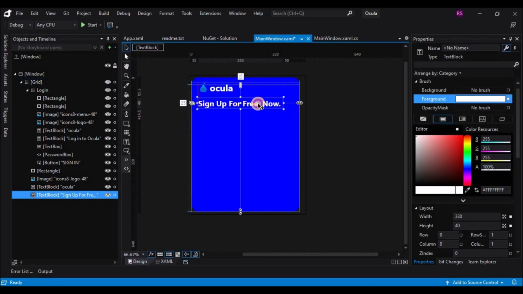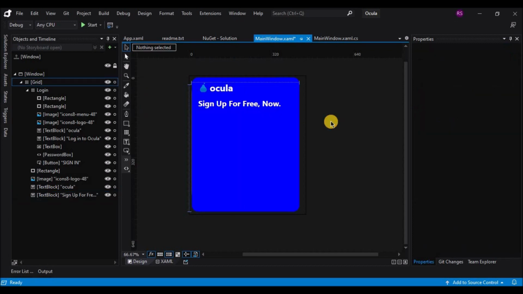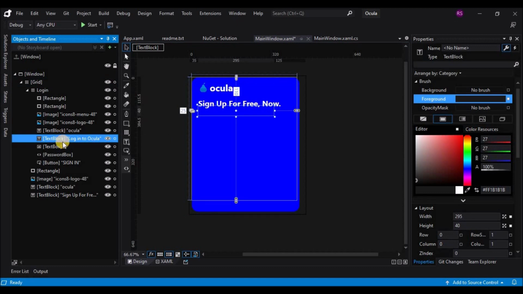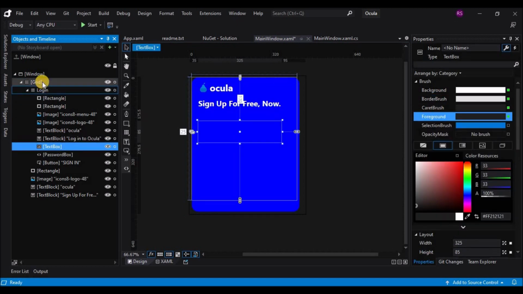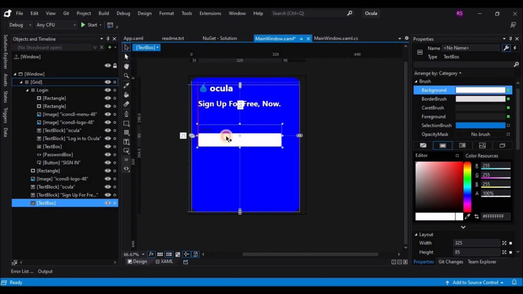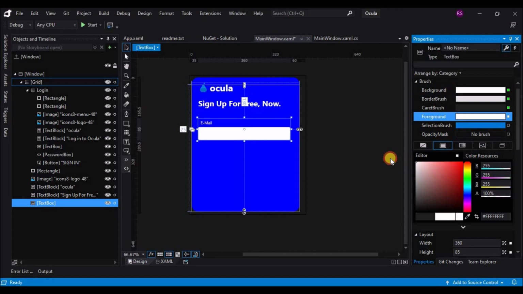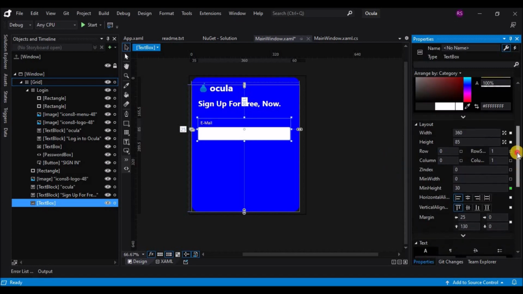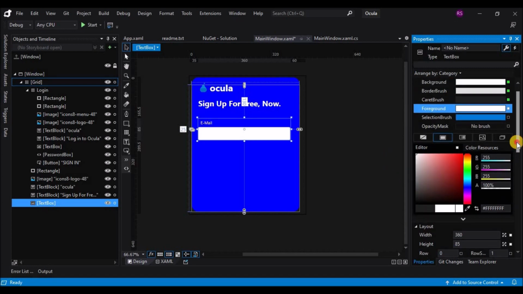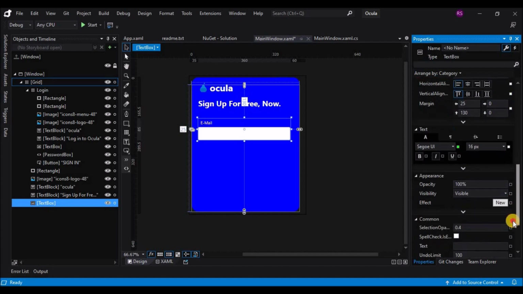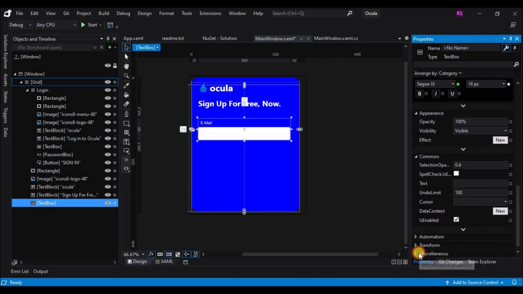Now let's move on to adding the text box from the login and pasting it into the grid. So here we'll have to change the foreground color to white so that we can see the title that we have added, and then change some of the details.